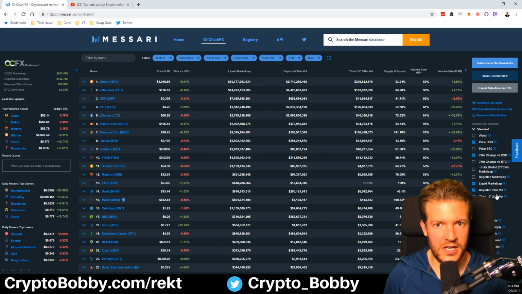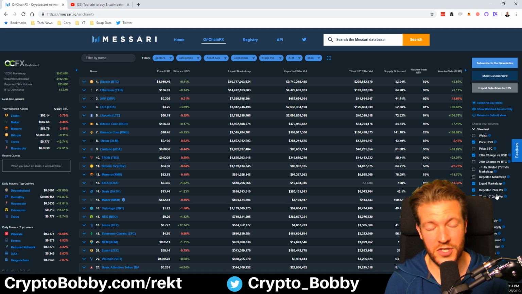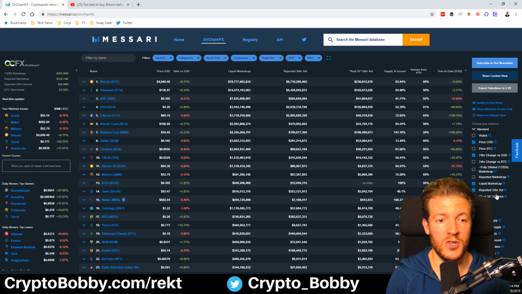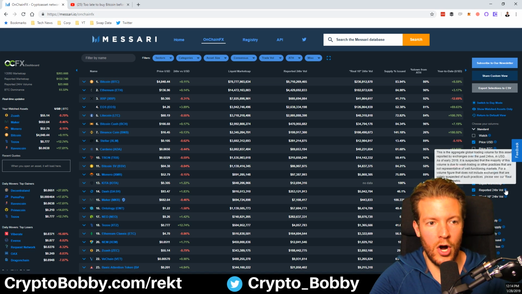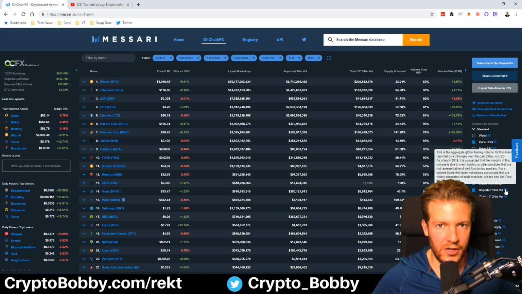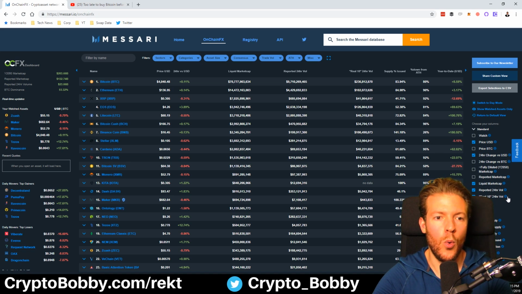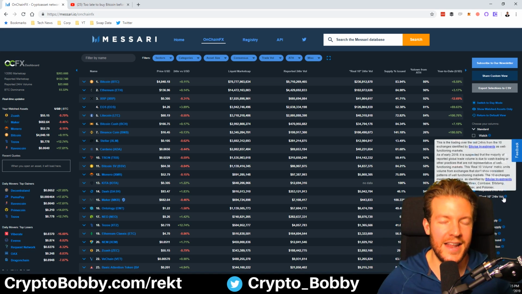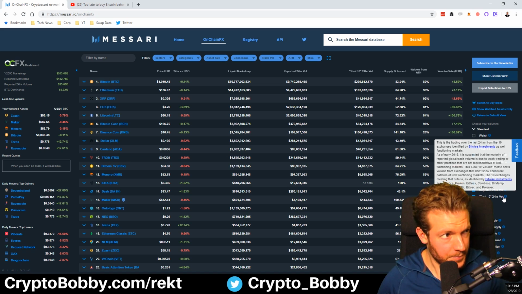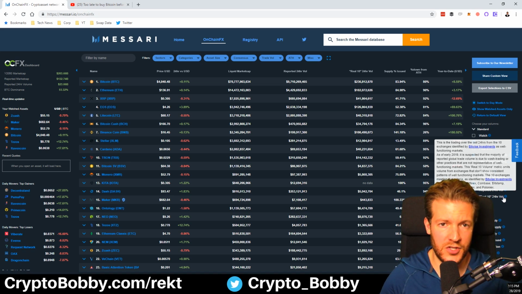And then you can also see the fact that there's real volume and reported 24-hour volume. So we've talked about that in the past week or so, the Bitwise report that came out, some of the research that The Block had done on faked volume as well. But you can see what people are reporting as volume, the aggregate global trading volume. And then you can also, if you want to see what is considered to be the real 10 trading volume that OnChainFX and Messari has coined as what Bitwise put forward as the 10 most trustworthy exchanges out there.